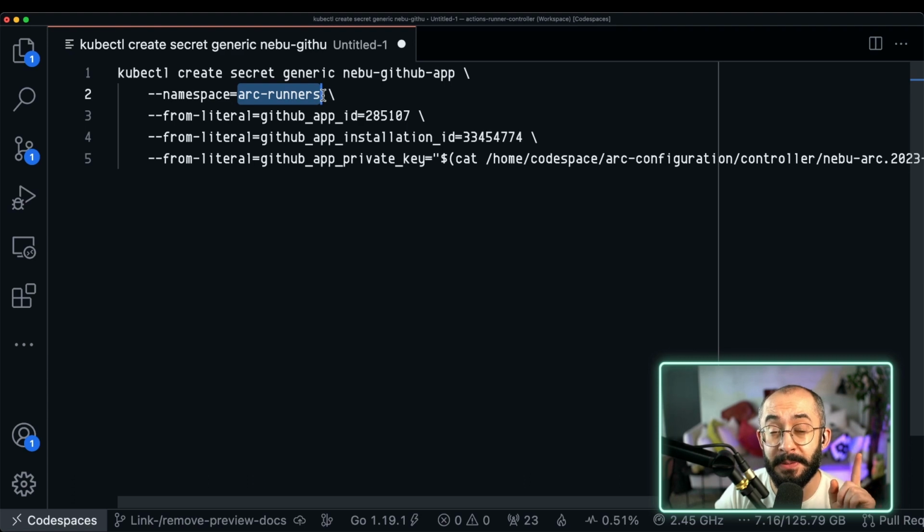that is not the namespace where we installed the controller. We're going to put it in the namespace where we're going to be installing the runner scale set and where the runners are going to be created. This is very important. Otherwise, you're going to get authentication failures because the controller is not going to be able